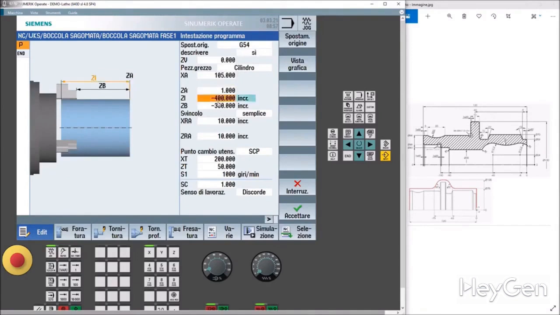What's the length of the raw material, which in this case is 120, always followed by a minus sign.